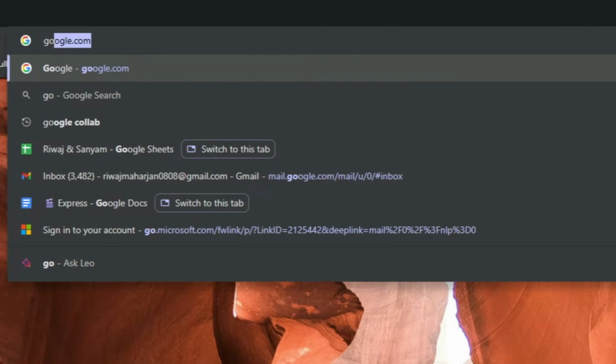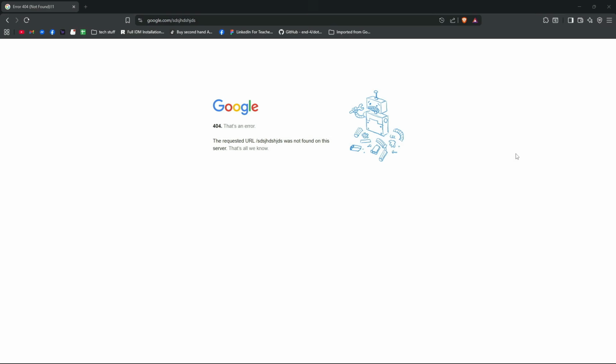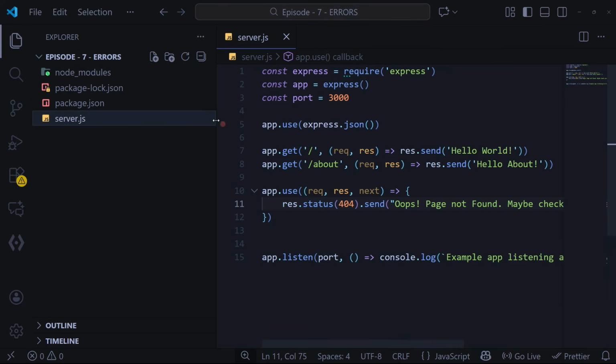Same for google.com. If I do Google and type something, it will basically say 404, that's an error. The requested URL, this, was not found on this server. Every single one of the websites have these kind of pages. Some might not, some actually do. Now to basically solve that and present this kind of error handling, what you can do is, as we studied